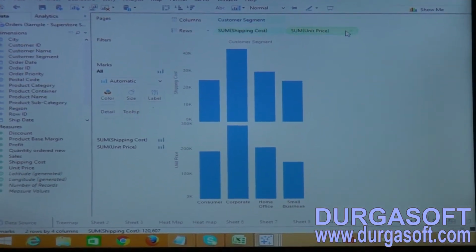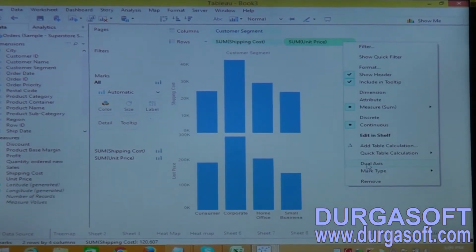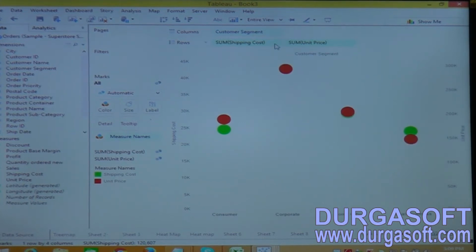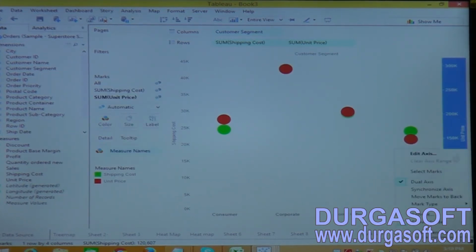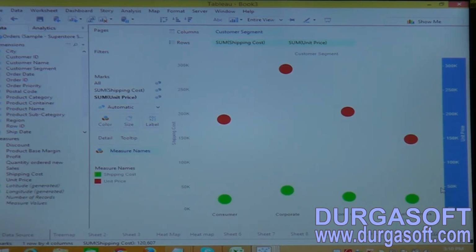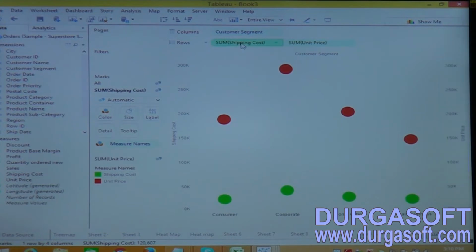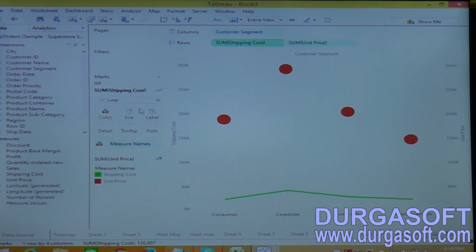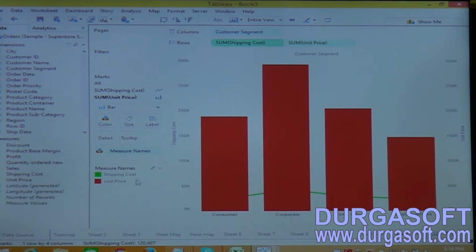Now click on dual axis and make it a high value, and give the same dual axis for the synchronize axis. Now select the shipping cost and change it to line, and change unit price to a bar chart.